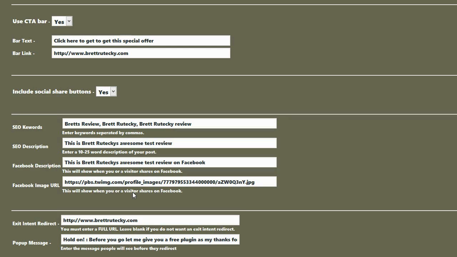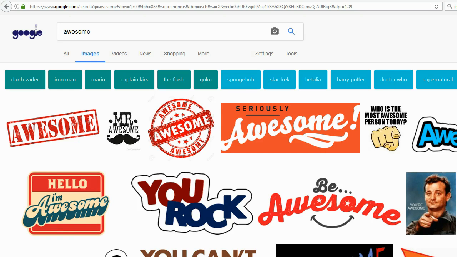To find an image, what I like to do is go over to Google and search for an image. So let's go ahead and do that right now. This is exactly how I find the images that I use for my Facebook image URL. All I need to do is go over to Google, make sure I'm in the images section right here, and type in a keyword that I want to search for. In this example, I'm just searching for the word awesome,